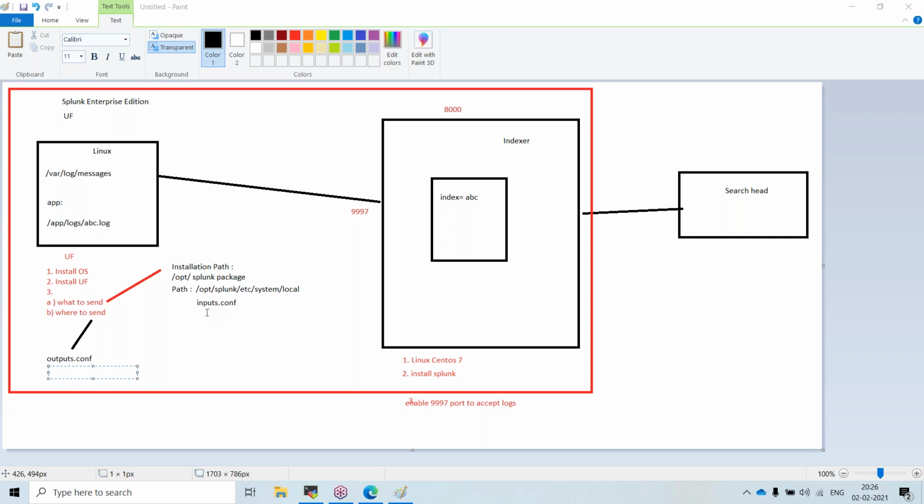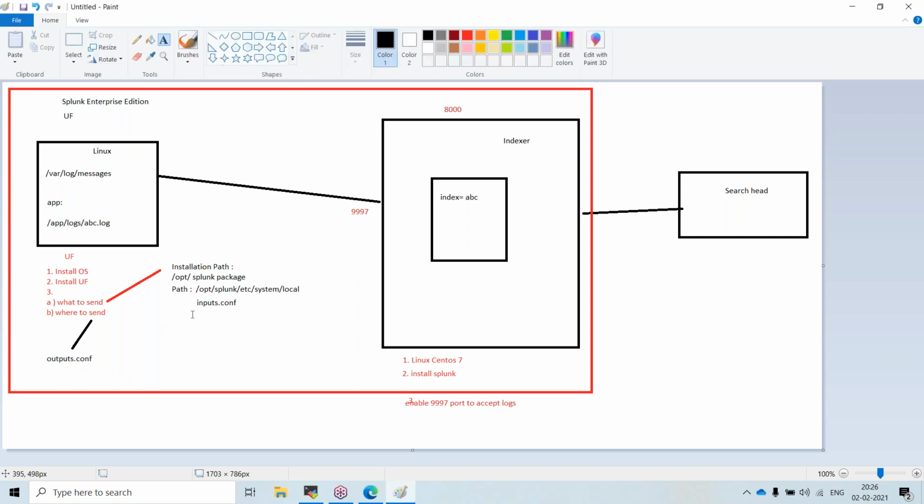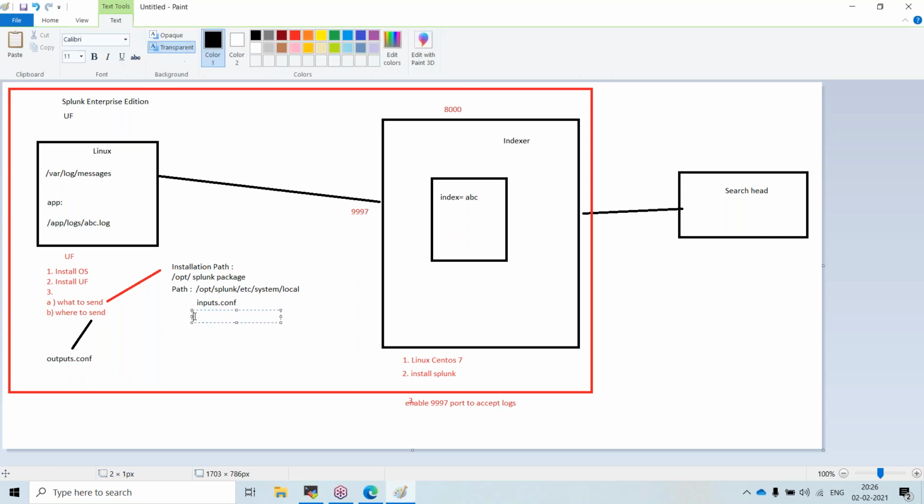In inputs.conf I have to mention a stanza called monitor, followed by two forward slashes, and I have to mention the file path.